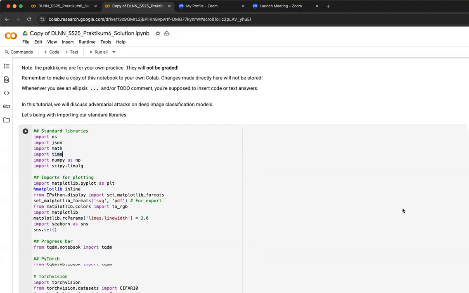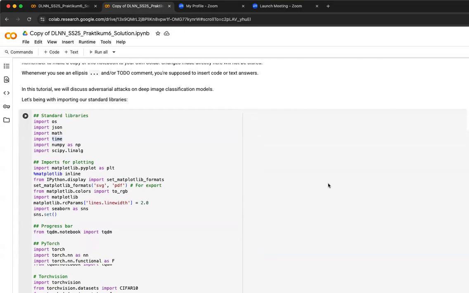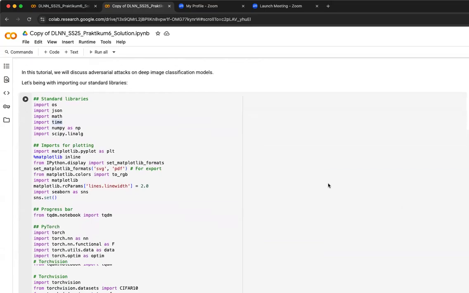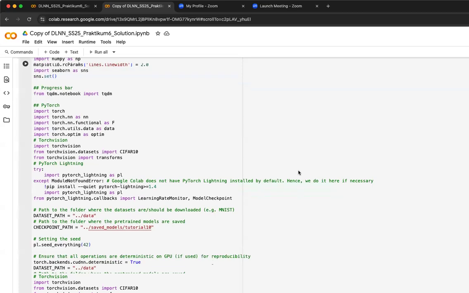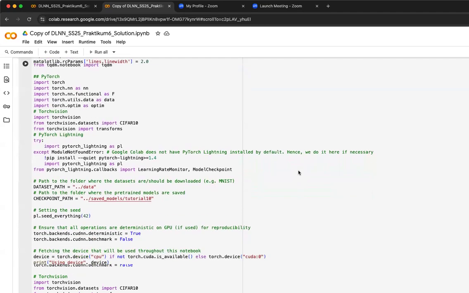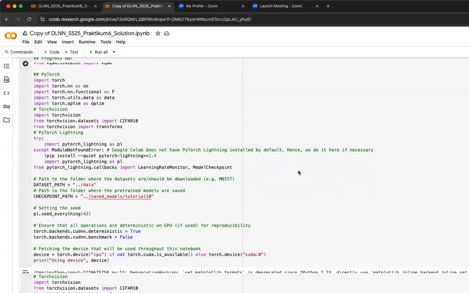It was similar to the previous practicum, so you just have to fill out the places where blanks or to-do comments are given for you. We have to start with some standard libraries. We are going to show some plotting, so we will also import plotting libraries from Matplotlib, for example. Progress bar, I don't think this requires too much description here, but basically these are all needed for the rest of the